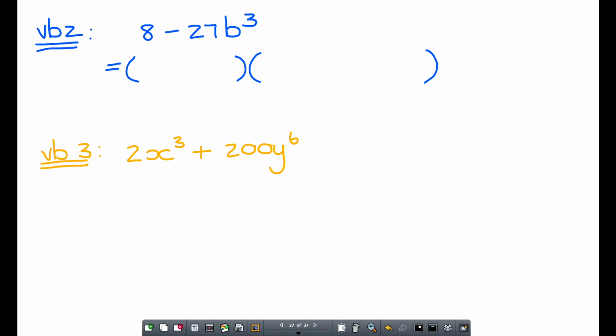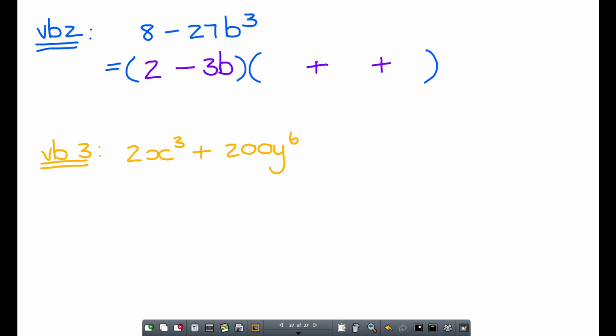Goed, kom ons doen gou voorbeeld 2. So first things first, because I have a minus here, I know my first bracket, the small one, will have a minus. My groot hakkie gaan wees plus, plus. Nee. Okay. Hoe gaan ek hierdie eerste term kry? Cube root of 8 will give me 2. Cube root of 27b to the power 3 gaan wees